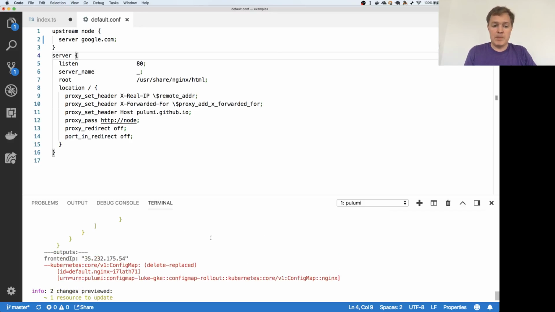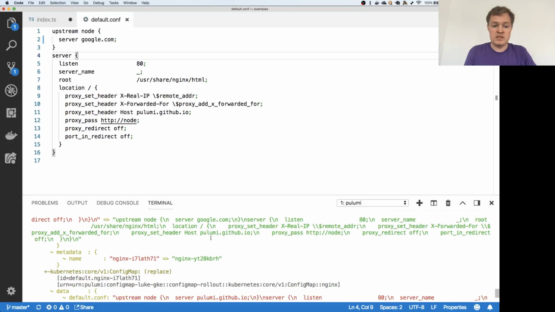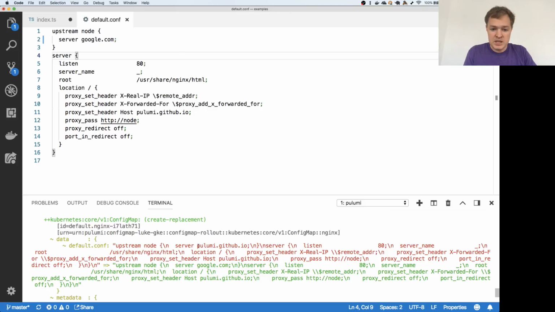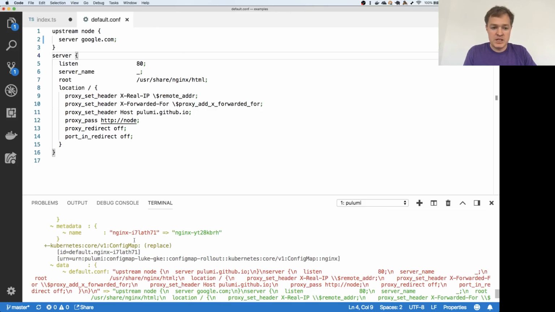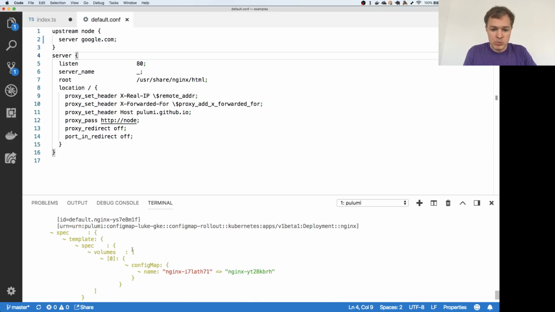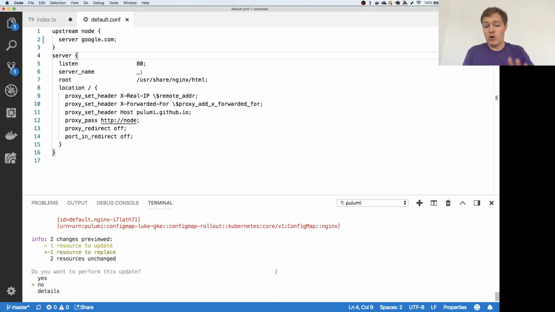And so I can again come in here and look at the details. We can see the exact details of what's going to change. So for example, we see that pulumi.github.io changing to google.com. And we see the deployment changing its config map name from this one to this one. And so we can look at all the details and make sure we're really comfortable with that change before saying